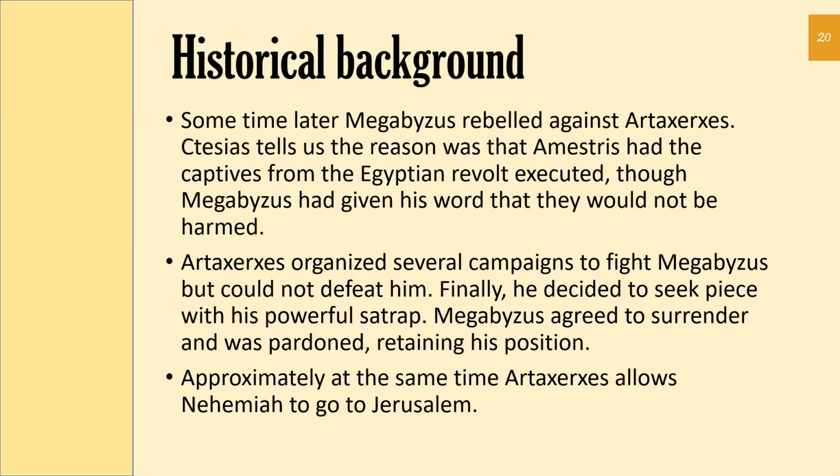asked him a permission to go to Jerusalem. And Artaxerxes understood that Megabyzus was a governor of the Syrian province, and Judah was part of this province. So for Artaxerxes, it was important that in Judea everything is peaceful and nobody wants to rebel against him. That is why he sent Nehemiah, and he even gives him money